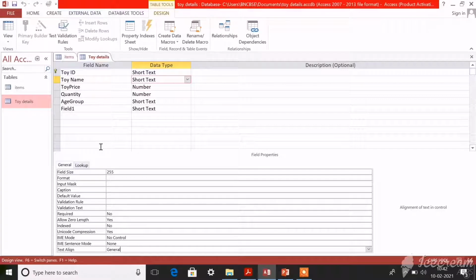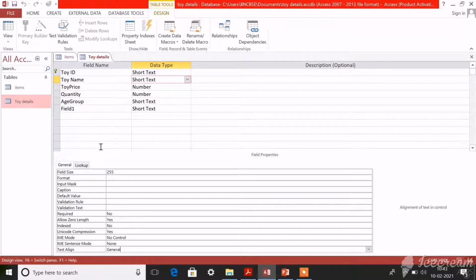Now I'm just going to explain what properties are available. In the future class, we'll be learning how to enter data into your data sheet, the different ways of entering data. During that time we'll make use of this field properties pane, and you will get more clarity.